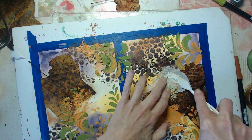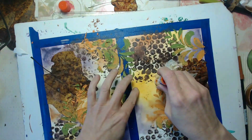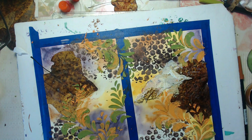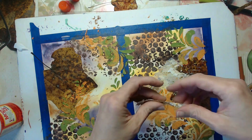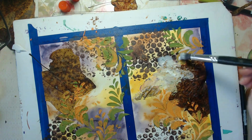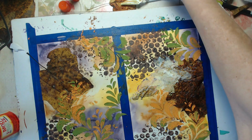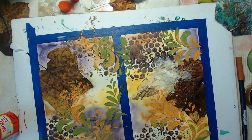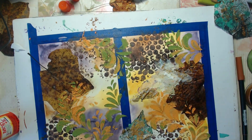So now I have some scraps of tissue paper from the exercises that we did before with the tissue paper experiment, and I'm just adding some random, almost throwaway pieces of that, just to give it another layer and some more interest and texture. I'm rooting through the pieces right now to see which ones are speaking to me, and I'm sorry that I'm off screen right here again. I think I realize it and will move it in a second, but